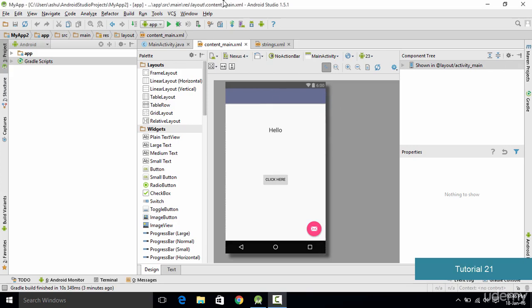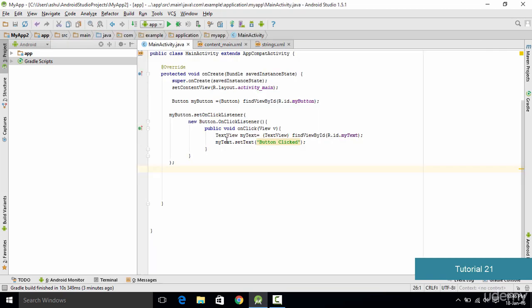Hello and welcome to this tutorial, and in this tutorial we'll be learning how you could add multiple event listeners to a single activity. Now in the previous tutorial we have handled a single event and that event was of a button click. So in order to handle a button click we have used a listener which is called the on-click listener. The on-click listener is basically a listener which identifies when a button is clicked.